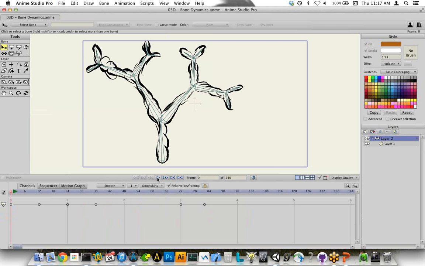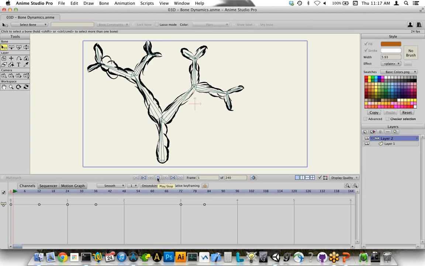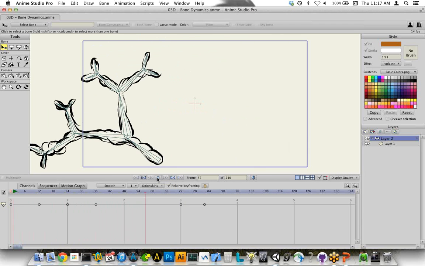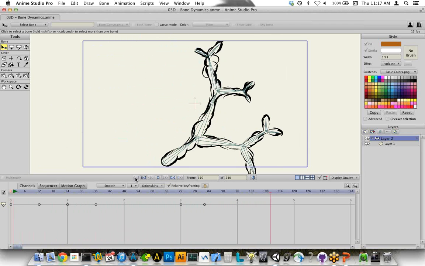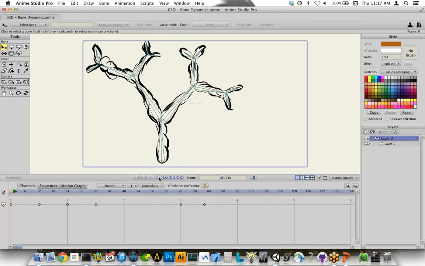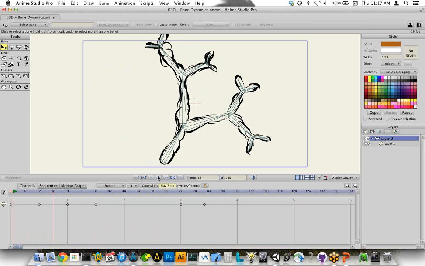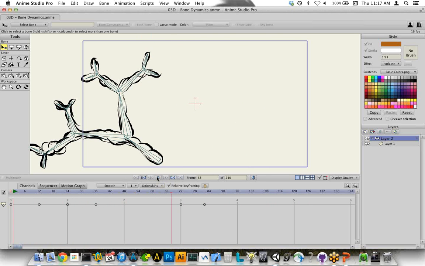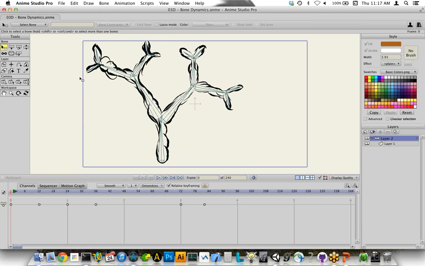So here's a little animation I thought I would show in case some of the people watching here aren't familiar with bone dynamics. I'm going to first set that up. So here is just a little branched tree thingy swinging side to side. And bone dynamics, what that is, I can select some bones in a skeleton, go up to here to the